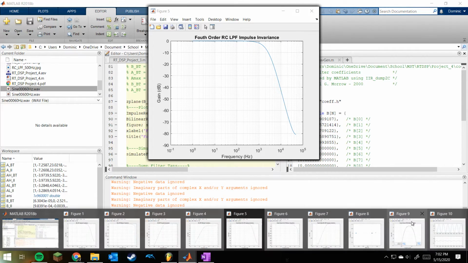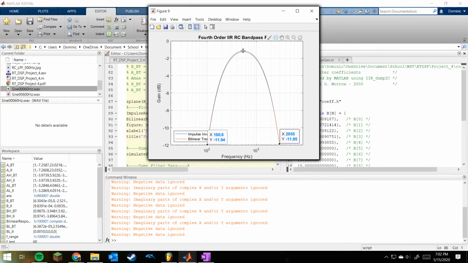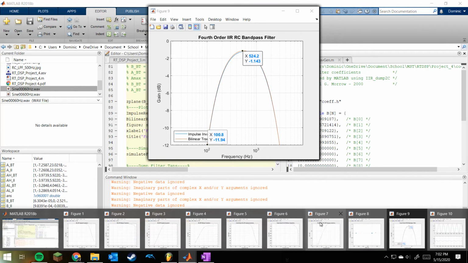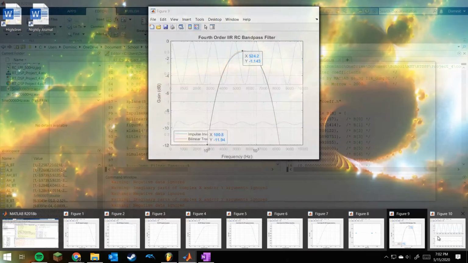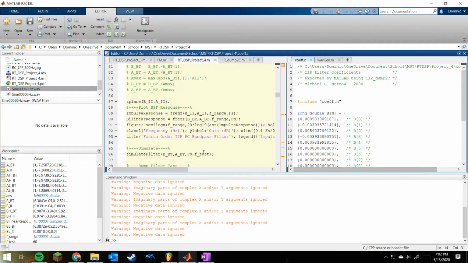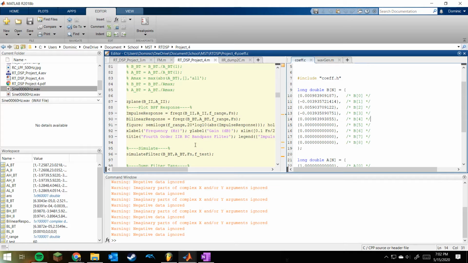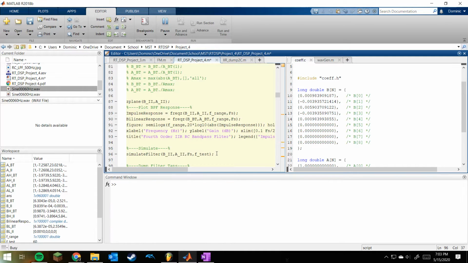And so if we look at the bandpass filter, the highest gain we're getting is about negative 1 dB, so not great. Not a great bandpass filter, but it's a bandpass filter regardless. And also, I went ahead and took the opportunity to create a simulation function, which essentially just runs the same way that it does on the DSP board. I'm going to make sure that I'm simulating the impulse invariance filter, and if we run it,